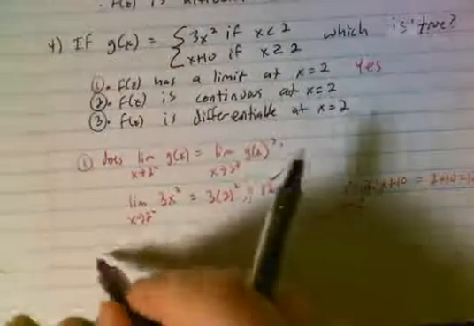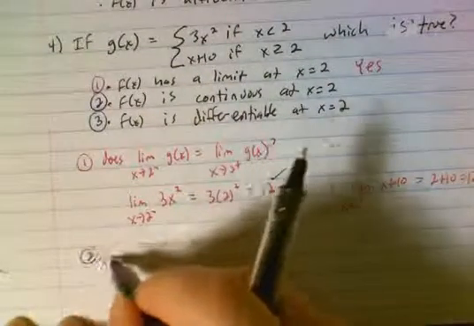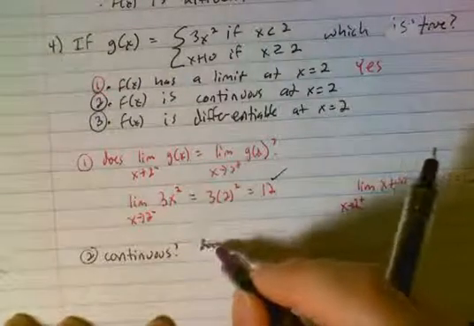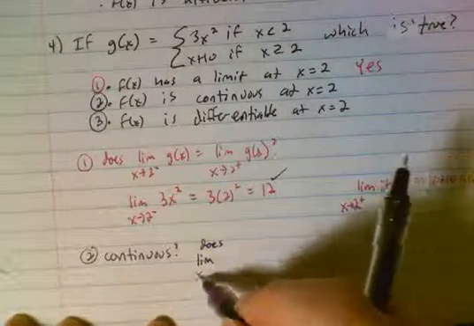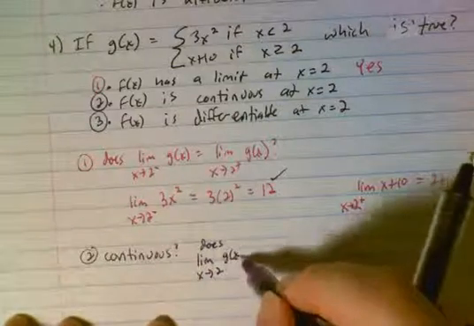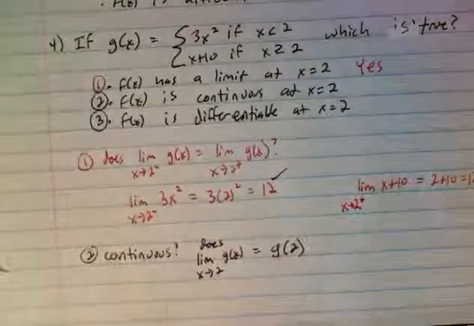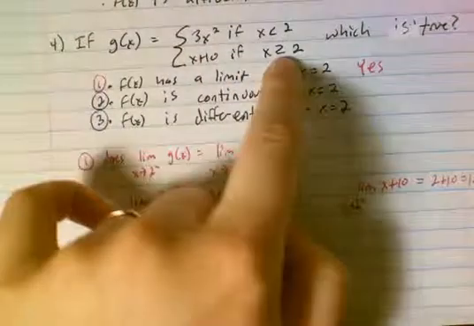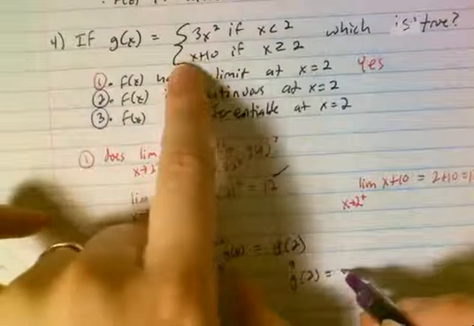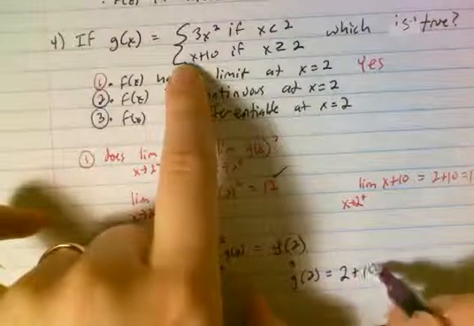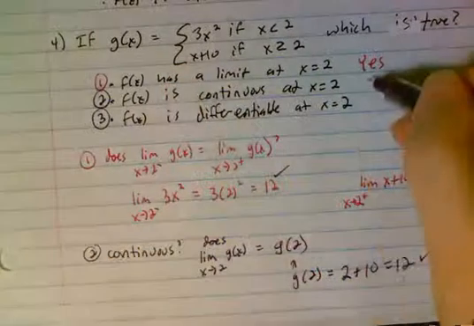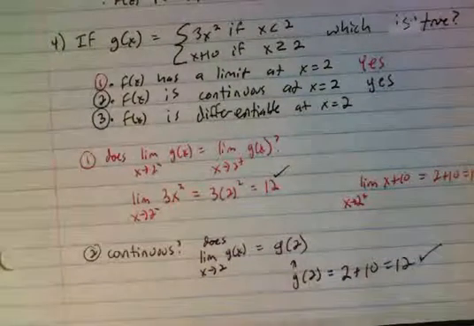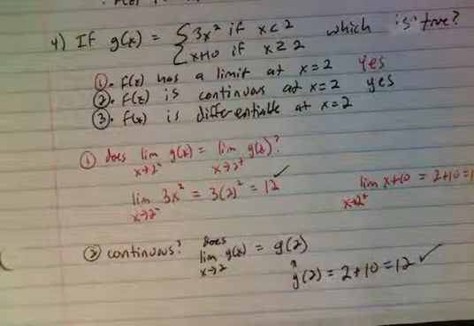Is it continuous? That means, does this overall limit equal g of 2? Well, let's see. g of 2, it's equal to 2 right here, so that means we're using x plus 10, so 2 plus 10 equals 12. So yes, because this is the same as the limit that we found up here. And then finally,